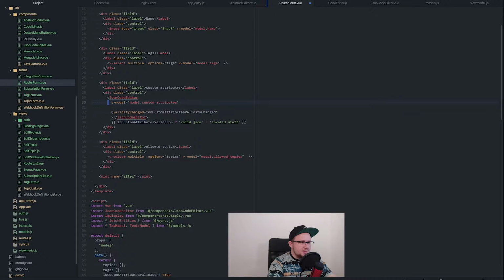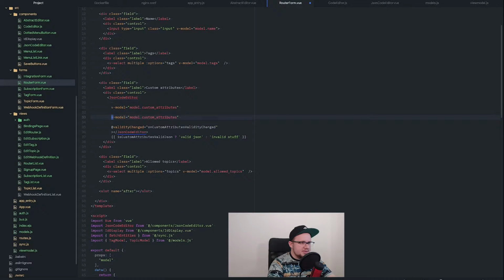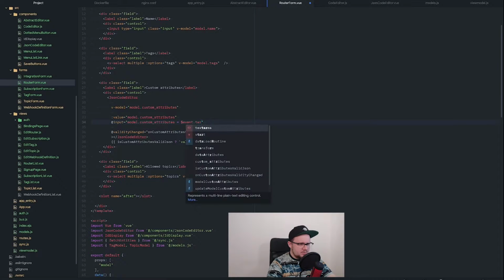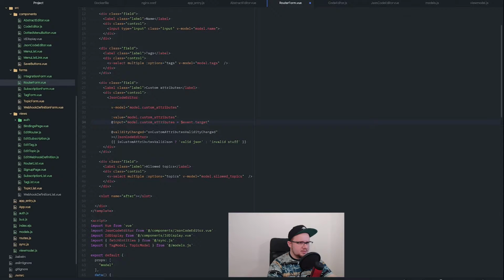remember that I said that this actually is the same as doing, how is it again, value and an input. So this is the same as doing this. I don't know if this is valid code. Probably it's not. I think event.target.value. I don't know, but think of some code running in here, and